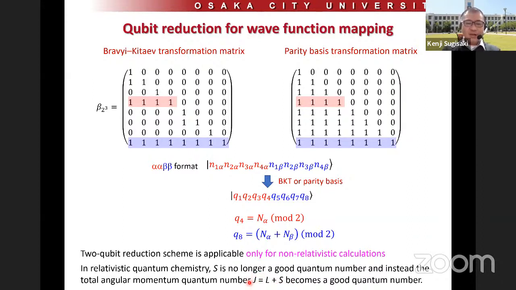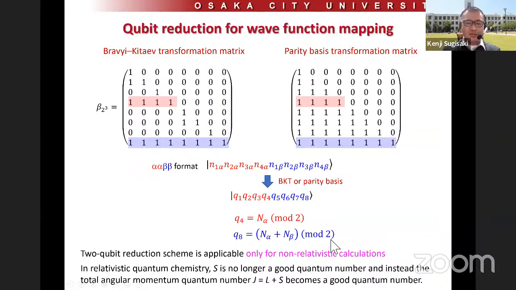The spin quantum number s for an electron is either 1/2 or -1/2, but j can be, let's say, 3/2 or 5/2 or something. So if j becomes a good quantum number, this 2 qubit reduction scheme cannot be used, because spin alpha and spin beta are not a good basis. But even in this case,